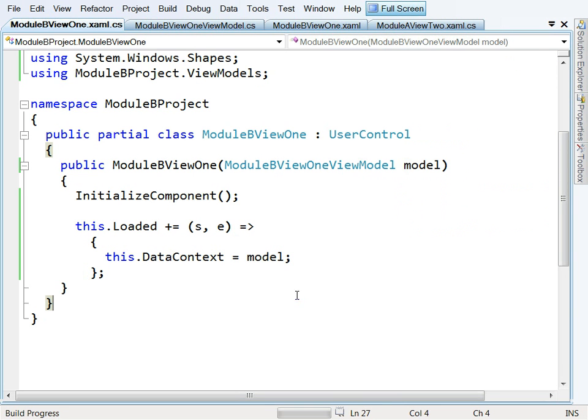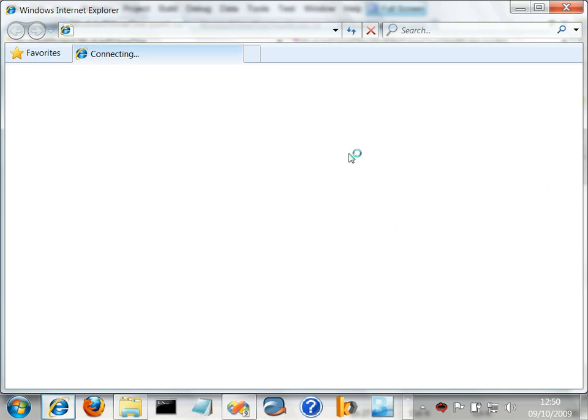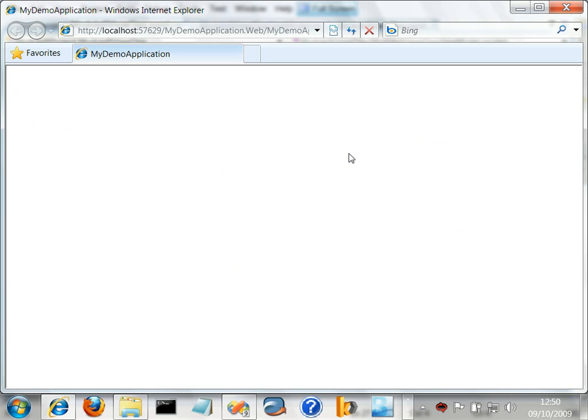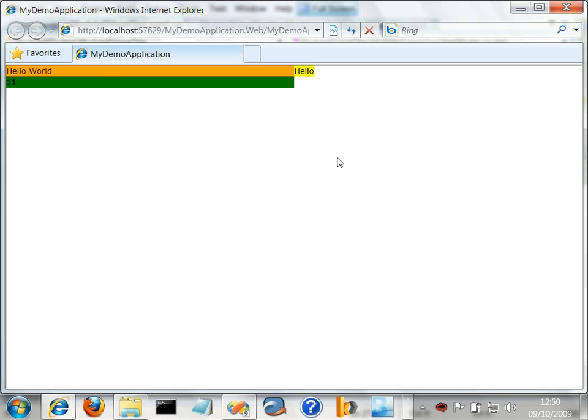Let's see if we can press F5 on this, see where we've got to. I've probably broken something somewhere. Let's see how we get on. So we'll run this thing back up in the browser. Okay, so you can see that our text service is now being surfaced in three different ways by these three different views. We've got the first word hello, we've got hello world, and we've got the length 11 over there. And you can probably, in a very, very simplistic way, see now how these modules are coming together